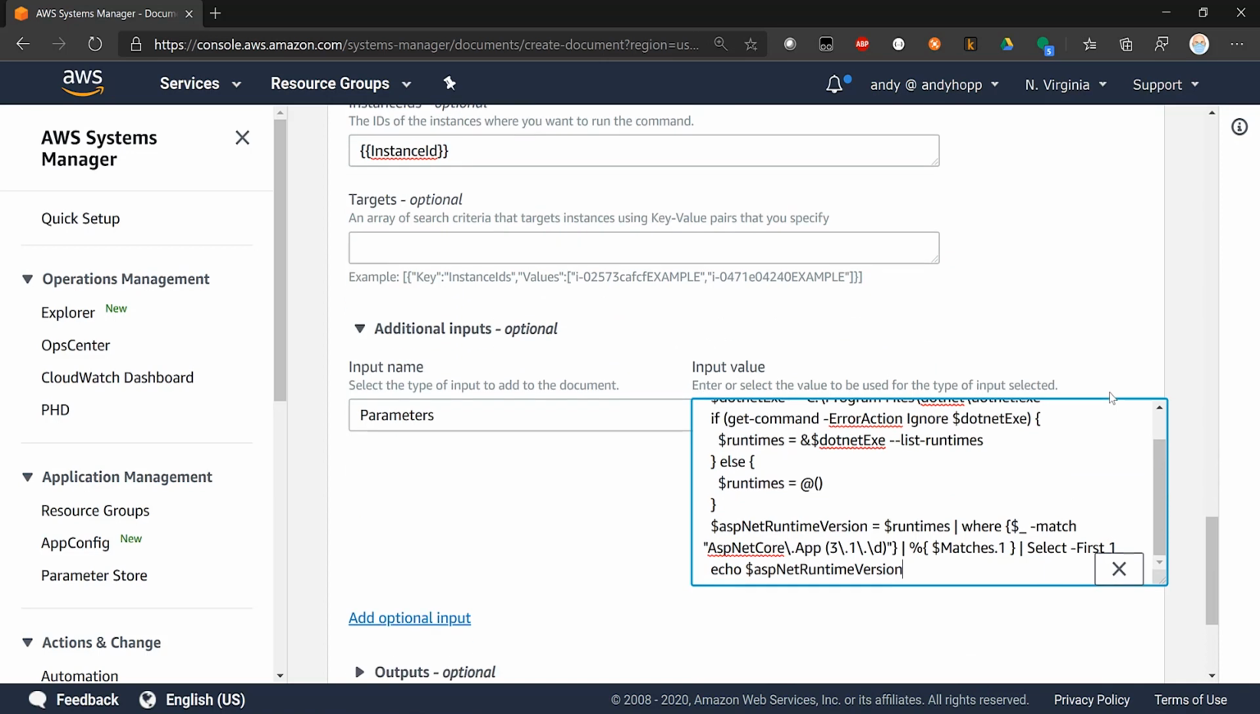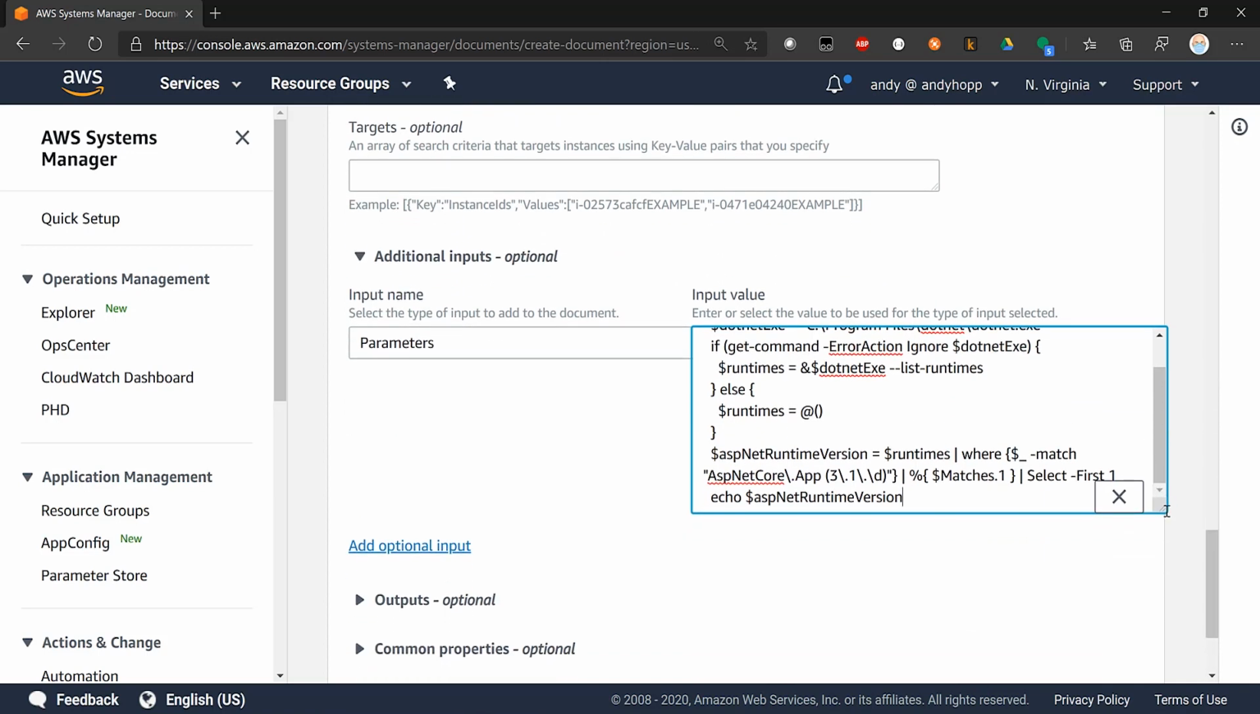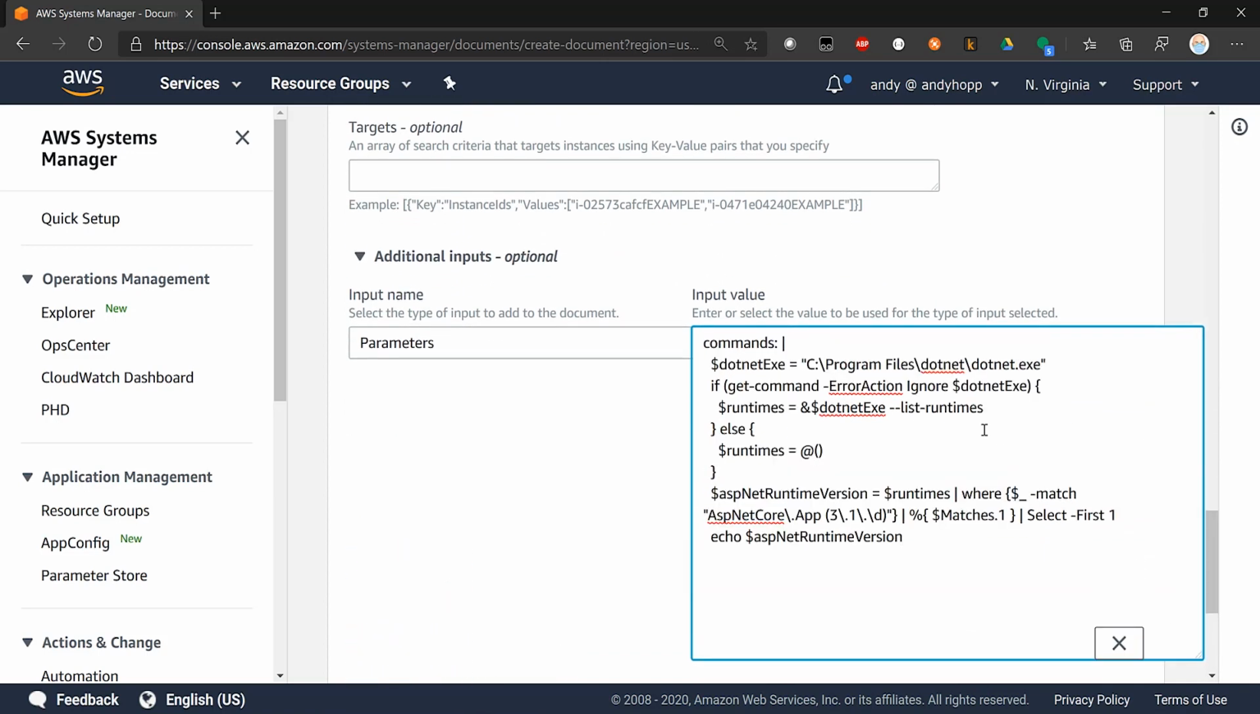I'm going to go ahead and expand this up a little bit so we can read the whole thing, and let's actually take a look at what the script is doing. So first, I'm telling it the name of the .NET executable that I'm looking for, and again, remember, we're looking for .NET Core, so it's dotnet.exe. Next,